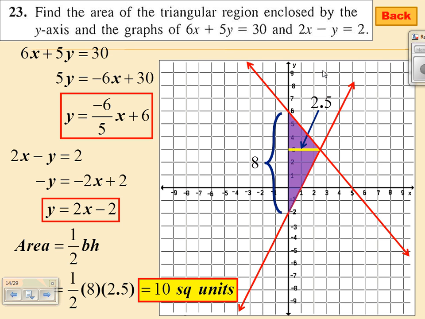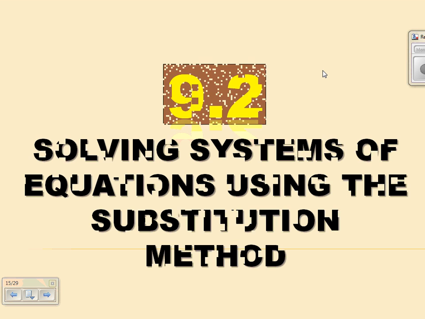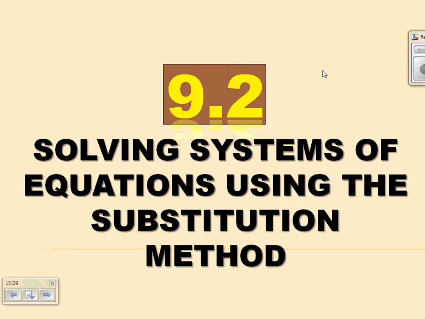Now for yesterday's lesson, we did 9.2. This is what we did on the second